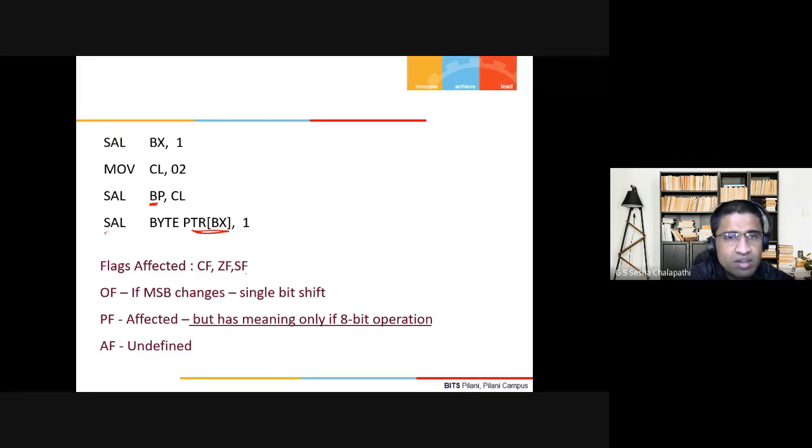Overflow flag will be affected only if the MSB changes, that is in the case of a single bit shift only, just as you have in ROR, RCL, ROL, etc. Parity flag will be affected, but it has meaning only in the 8-bit operation, because as we know, parity flag only reflects the last 1 byte. Auxiliary carry flag doesn't have any meaning. It is undefined in this case.